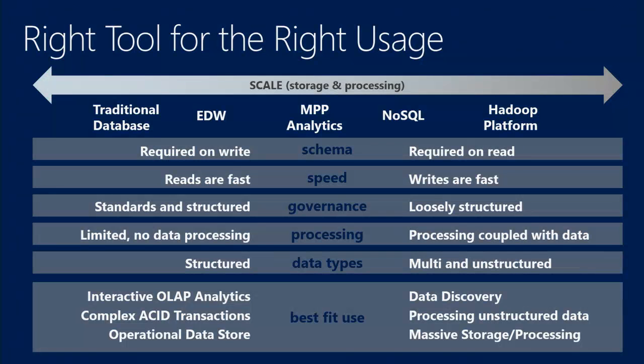So when it comes to a slightly smaller scale, traditional databases, EDWs, are a very good fit, enterprise data warehouses. When you go to the scale of you have to store lots of information on different machines, that's where a system like Hadoop comes in and becomes useful. How does it become useful? So let's think about loading and writing data. When you load data into SQL Server or into a relational database, you are prescribing a schema as you load it in.